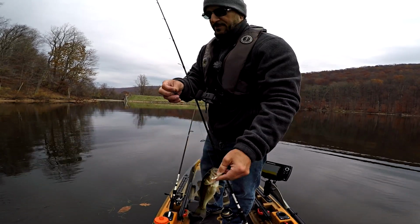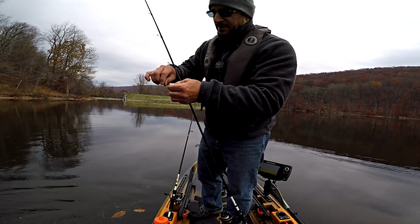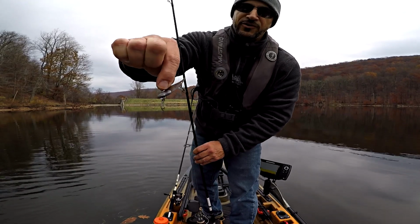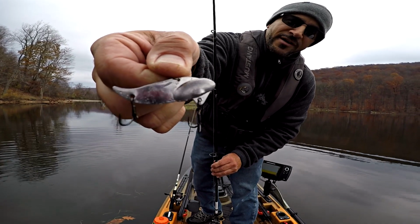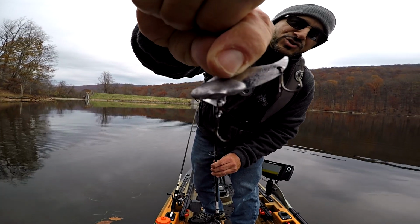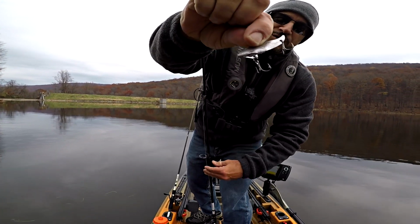Let me show you something kind of special here with my silver buddy. These silver buddies come with some pretty not so good hooks. So on this specific one, I've done this a few times. Take a look very carefully what I got here. On the very front, I added myself a number 2, actually it's number 3 little O-ring. It's a hyper wide wire split ring, I believe, by Owner. And these little hooks are short shank hooks. I went ahead and cut the very front hook off that treble,